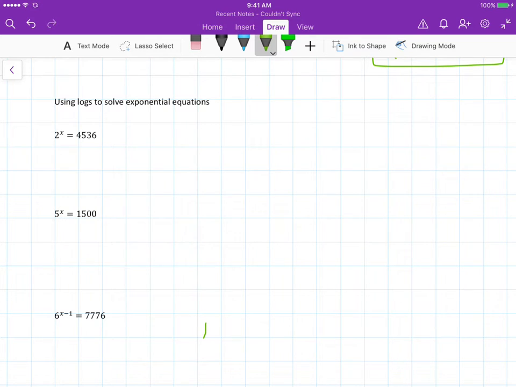So in the past so far, and even in this video, we've asked ourselves 2 to the x power equals 4,536. Well, I don't actually know what x is equal to. I do know that I can guess and check. I can use my calculator. I can try to get as close as possible to what number that might be. But I also know that I can use logarithms and use the power rule,